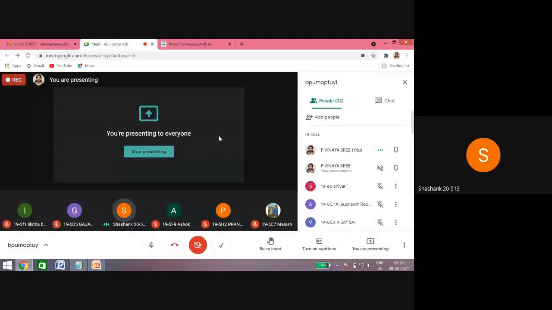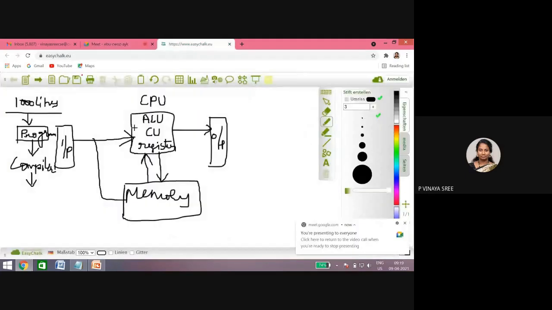For debugging. Yes, for debugging. When you are writing a program, if there are any errors, like missing semicolons, it will show errors. To check that, you will be using a compiler, and it is also used for converting the language that you have given into a system-understandable language. Let me explain from this point of view.